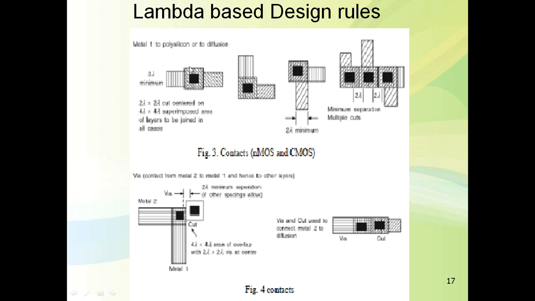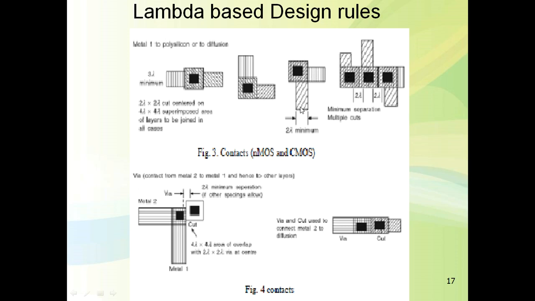Okay, so there is a superimposed area where both the layers are there. There is also a poly layer, and also a metal layer. So this is 180 degrees between the two layers, or both layers are in front of each other. So here it is metal 1 and n diffusion at 90 degrees. So this is contact cut, it is 2 lambda by 2 lambda, and the superimposed area is 4 lambda by 4 lambda.